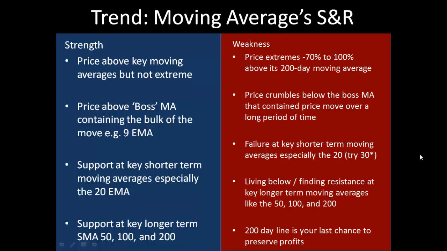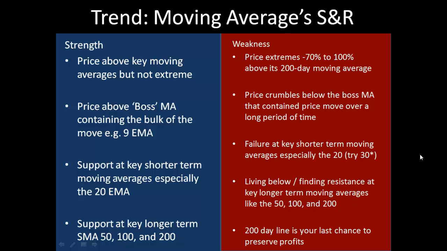If you see prices staying above a shorter term moving average, especially something like the 20-day moving average, that is a sign of strength. And if there is a pullback, you do like to see support at key longer term moving averages, especially the 50-day moving average. And the 200-day moving average is kind of like the last gas station for the next 1,000